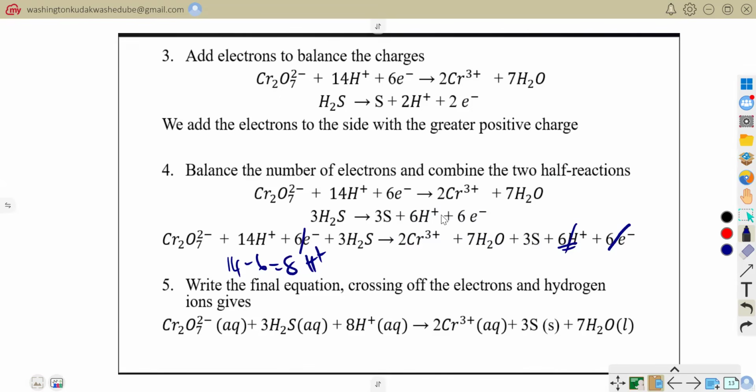So after doing that, I can now rewrite my final equation. This becomes these chromate ions, plus I now add 8 hydrogen ions, after subtracting 6, and then 3 hydrogen sulfide, to form 2 chromium ions, and then 3 sulfur, 7 water, and these ones cancel out. So that is how we simply